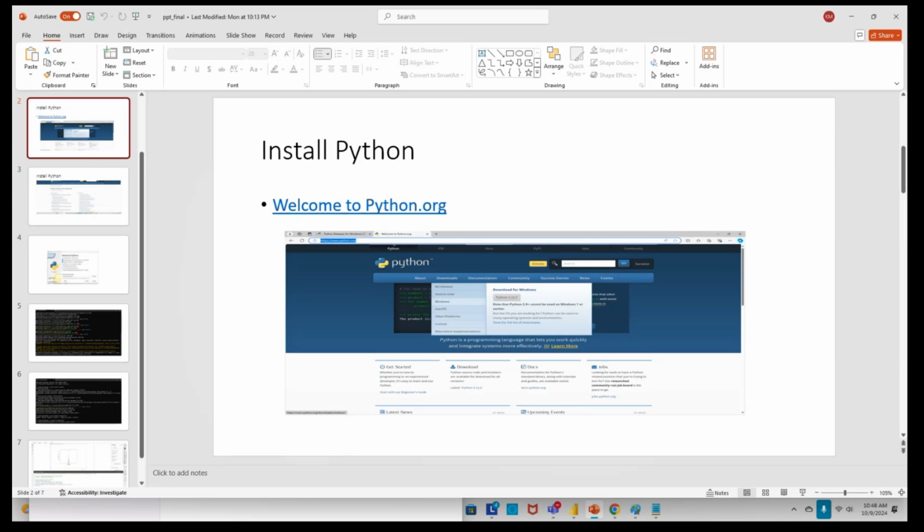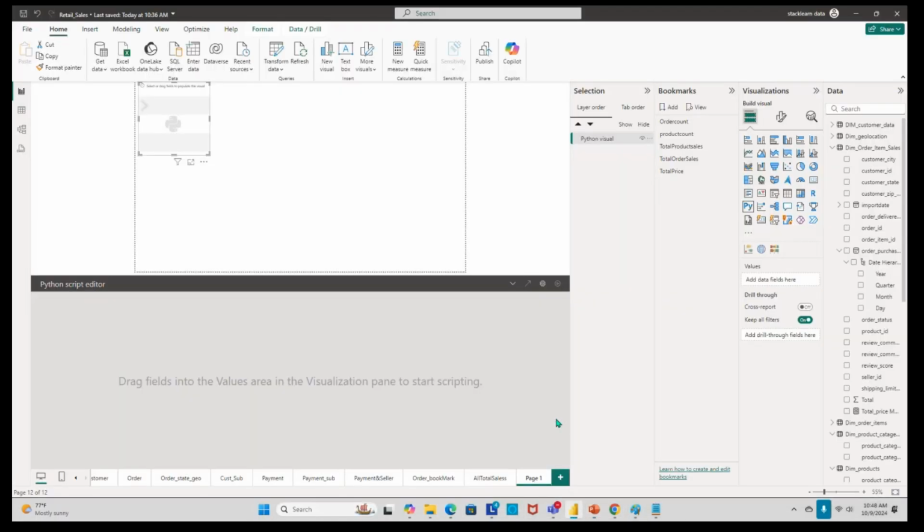I'll share this PPT once I add a few more steps. Once you select all these libraries, only then will you get these options. If you see here, this is the Python editor. In this editor, we can write code. Okay, so we'll go for a